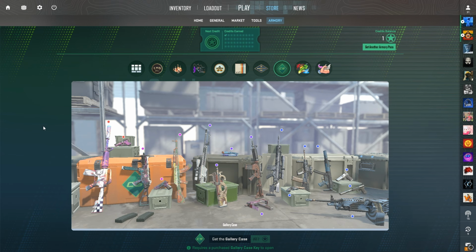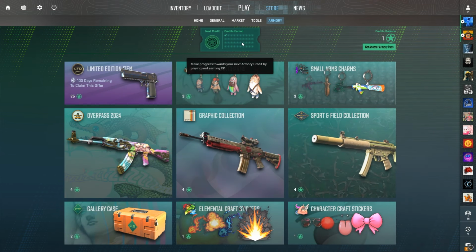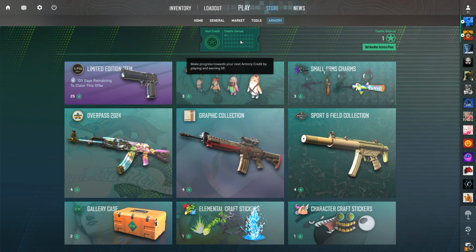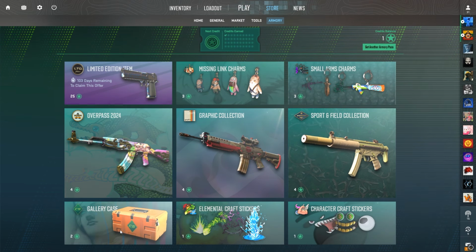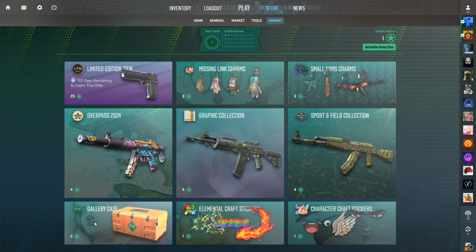You can't get them as in-game drops. You could only get them with stars. With this Armory pass, you could only get 40 of these stars max unless you buy more than one pass. You could buy 5 of them, so technically you could get 100 cases, which probably will be profitable. Now, I want to talk about this case specifically because I do think it's going to be a really good